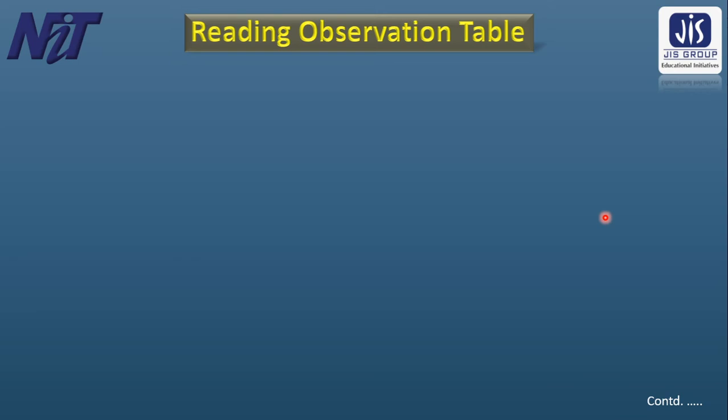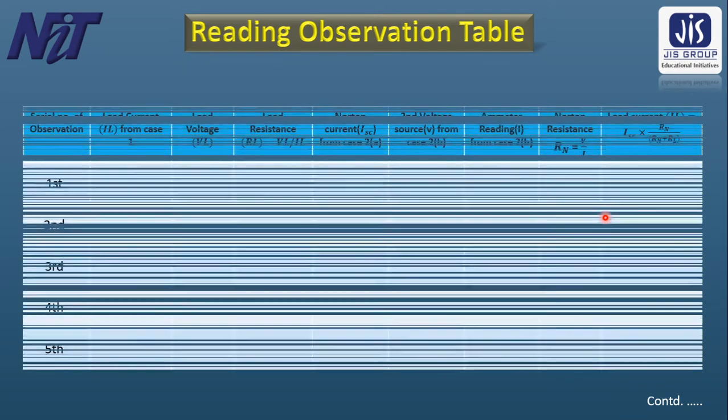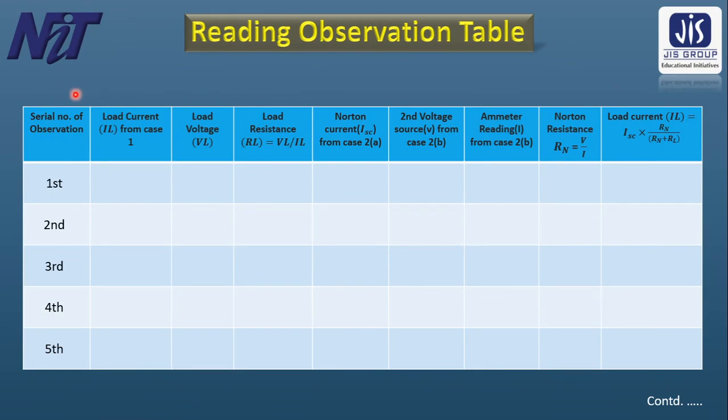Now the reading observation table, which you will get after the simulation in the real web page. You will have to take different readings. So these are all the parameters. It is already embedded in the web page. After doing the simulation, there will be an option for print. You could take a print or a soft copy as a PDF and then put all the values over there and do your calculation. Okay.